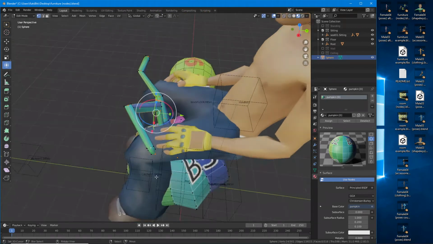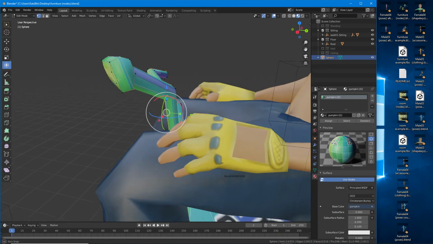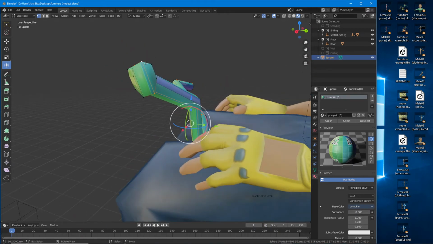In fact, let's do that. So what we want to do, we're going to reduce this to a 4-sided surface. Right now it's 1, 2, 3, 4, 5, 6, 7, 8. So we want to reduce this down to that, but we don't want to actually do it so that it's a square. What we want to do is this,